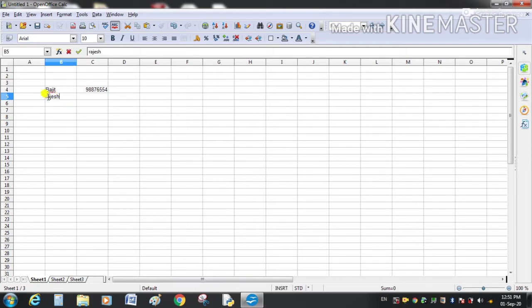Second entry, write any random numbers as the telephone number. So this is my telephone directory and I have made here 3 entries.